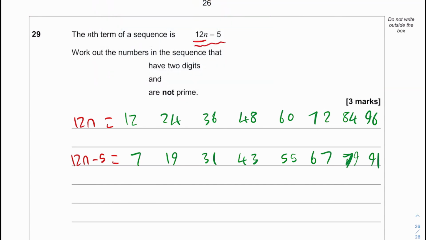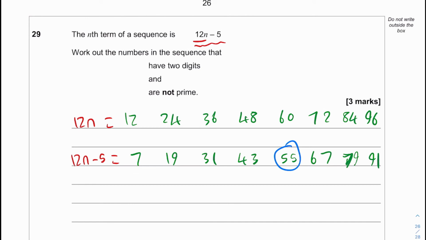Okay, so we now need to see which of these numbers are prime, and there should be 2 that aren't prime. There should be some 2-digit numbers that aren't prime, and we just need to say what they are. Okay, so if we go through each of them one by one, we can see the number 7 is prime, 19 is again prime, 31 is prime, 43 is prime, 55 however can be divided by 11, so it's not a prime number,